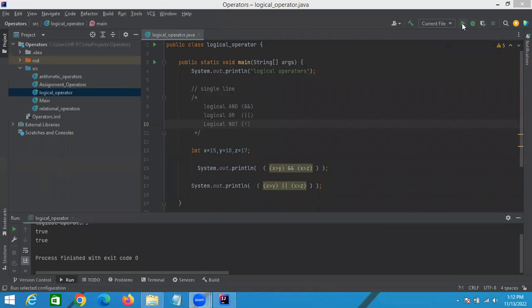The output is, first one is false, another one is true. First one is false because here 17 is greater. So it becomes false. In the AND gate, if both are true, then only we can see a true result, otherwise false. But in the OR case, if any one is true, it gives a true result. Out of both, if any one is true, it gives a true result. So this is the whole thing about the logical operators AND and OR. Right? One more. If I am going to write